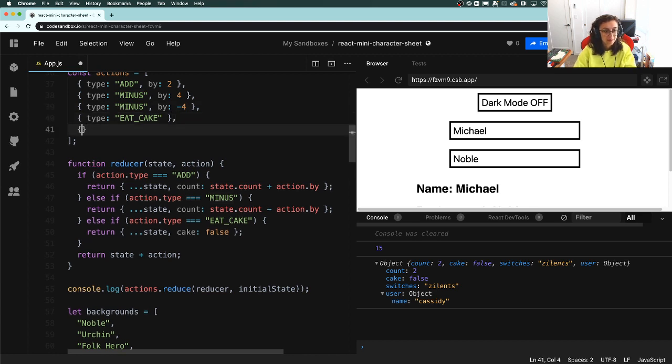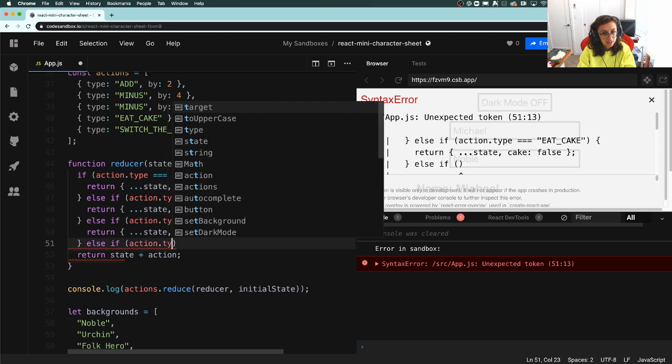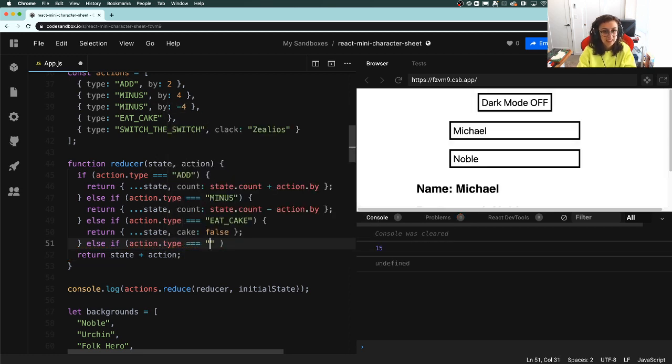I could add another thing where I have some type of switch, and then I could put the switch type, and I could say, I don't know, clack is Zelios or something like that, and then I could just add another case for it, which again is kind of switch-type language instead of if statements. So I could do something like if action.type is switch, the switch,